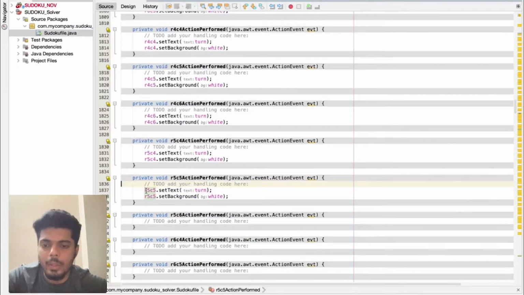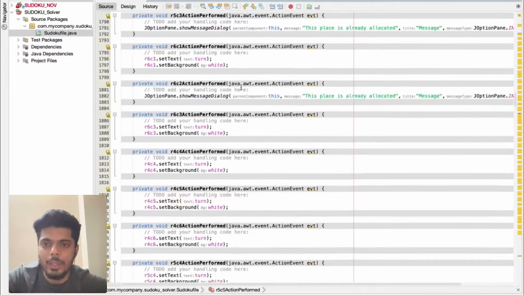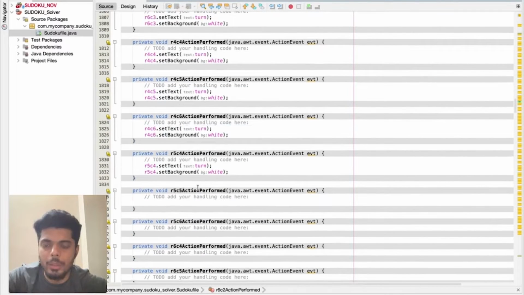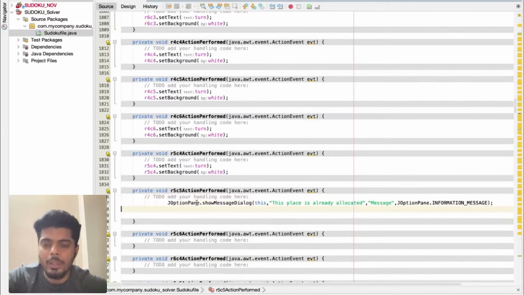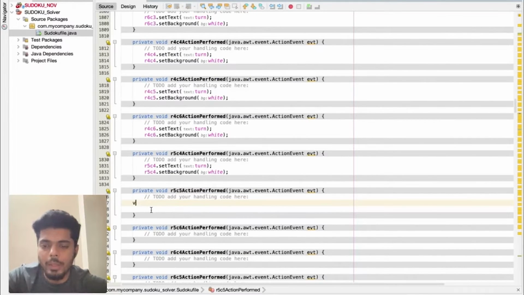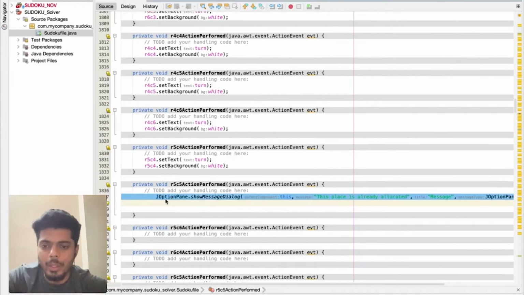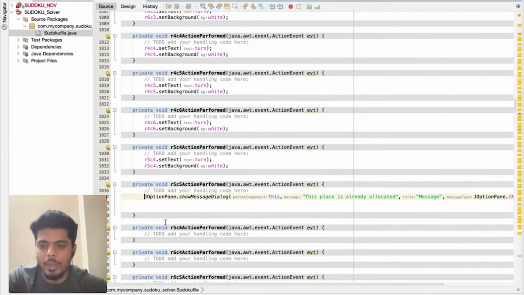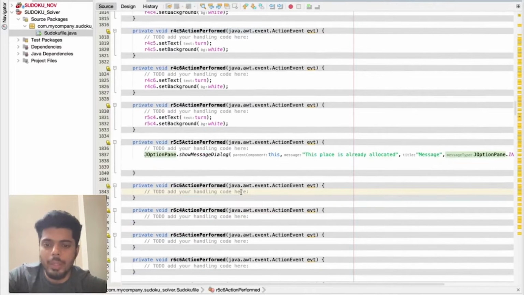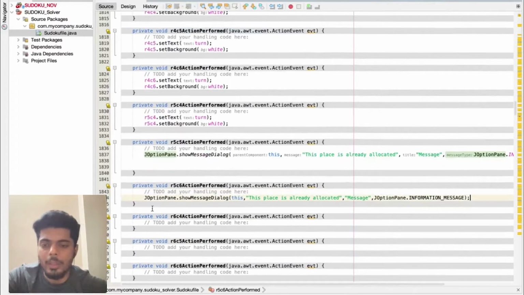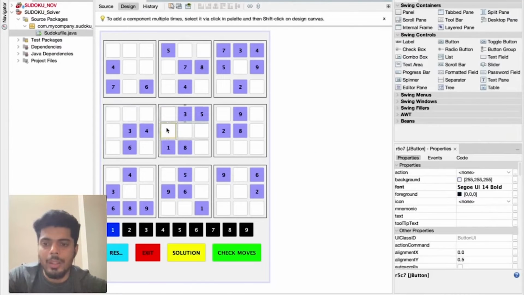No, I have written the wrong set of code here because this place is already filled up. So I'll replace it with this. Simple. See how simple it is. You just have to check whether the value here is already pre-filled or not, and then just paste the message accordingly. Whatever the situation, just paste the message accordingly. I hope it is pretty clear to you how you have to code. Of course, I'll not do it for every single button because it is not possible. It will extend the duration of the video.